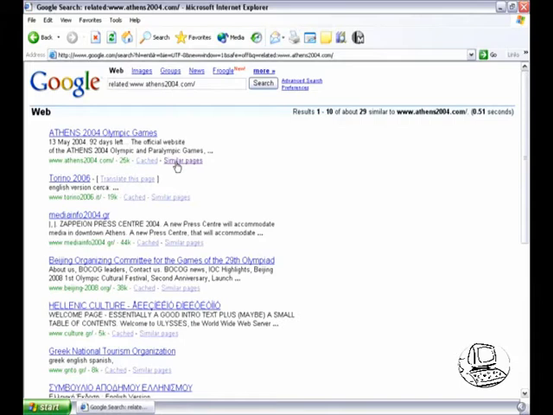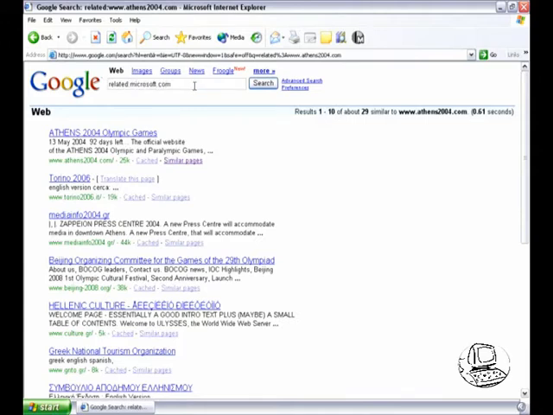You can also do similar page searches manually. All you need to do is type related: and then the web page address. Google, for some reason or other, puts in a trailing slash, and I've discovered that there is no difference between having or not having a trailing slash. Right now we have 29 hits with the trailing slash. If I remove that trailing slash, I have 29 hits, so there's no big difference. But let's go and do a search for related